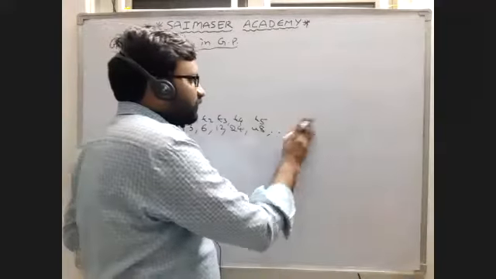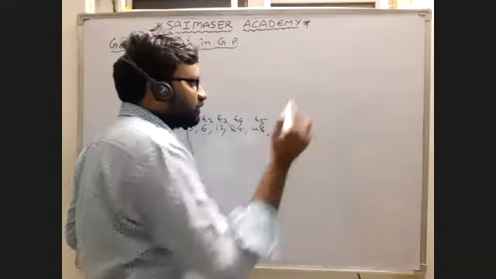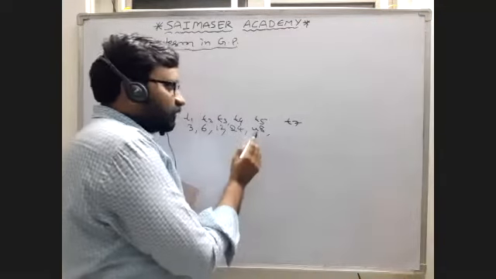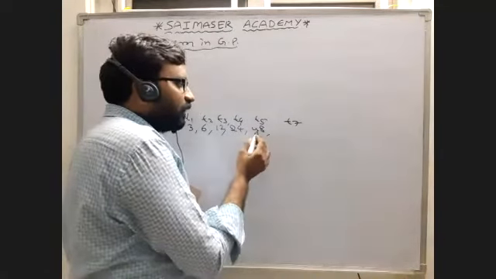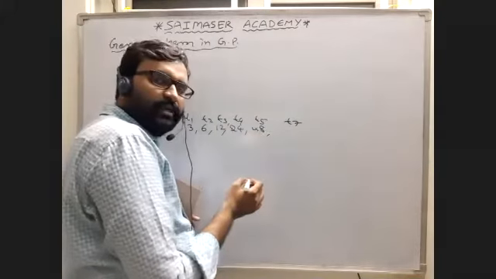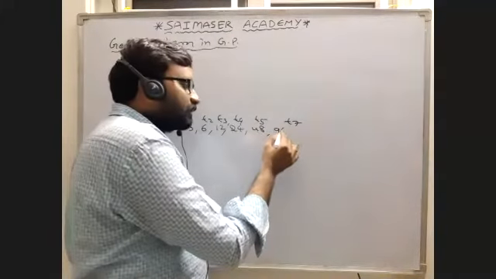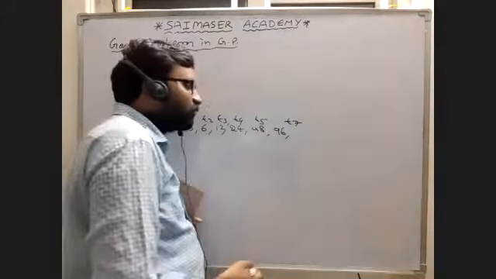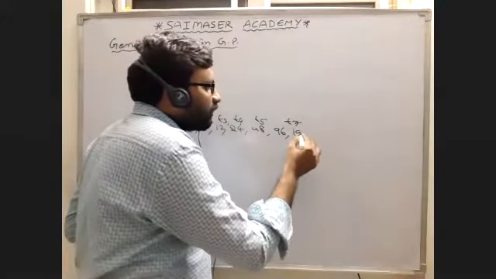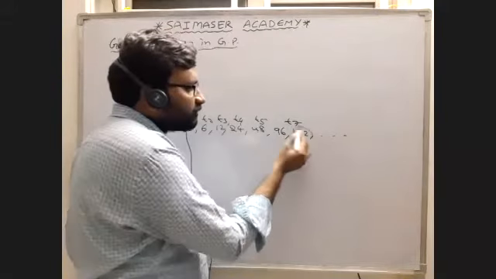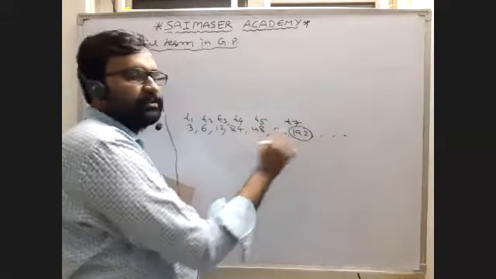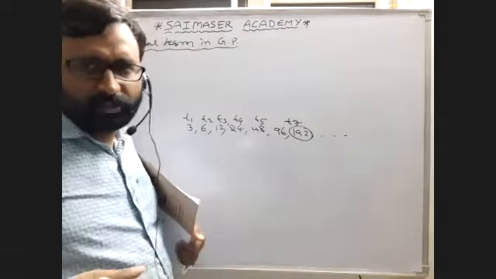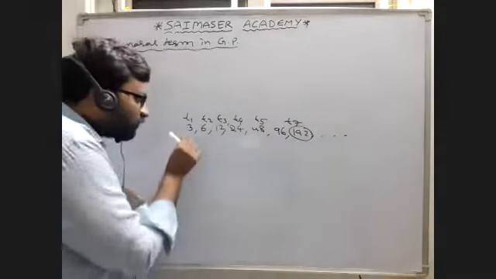Suppose I am asking for the 7th term. From 48 we have to continue again. 48 2 ja is 96. 96 2 ja is 192, and so on. So this is the 7th term. In this way we can find whichever term is asked,